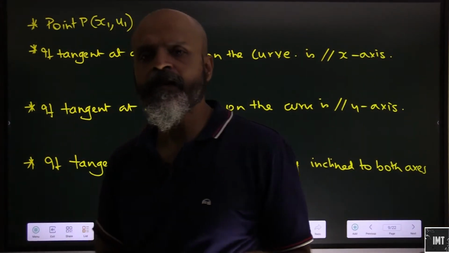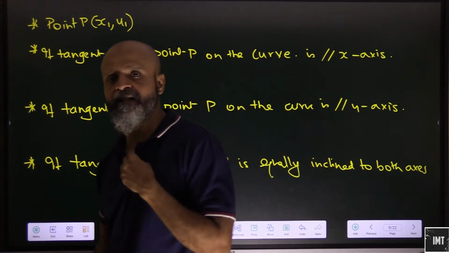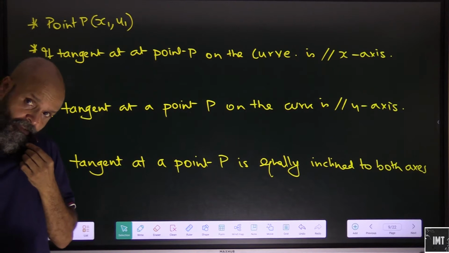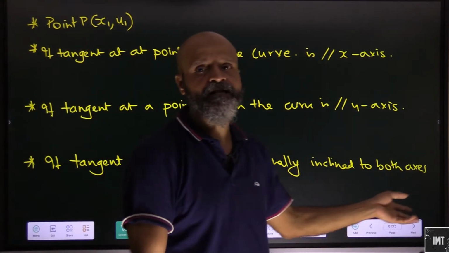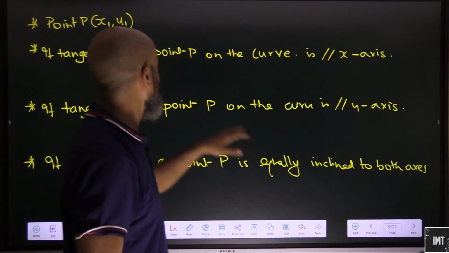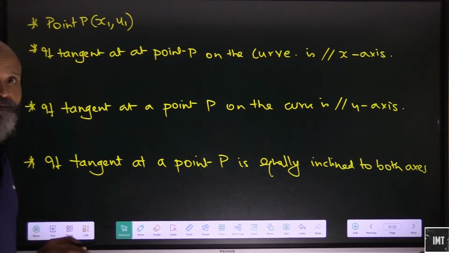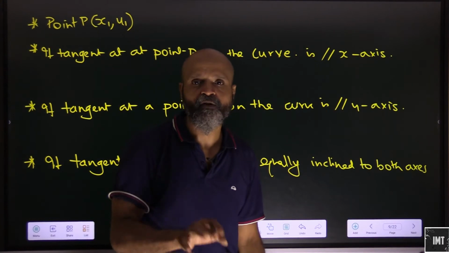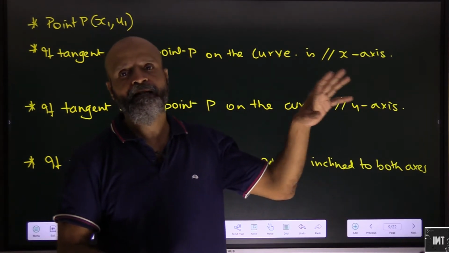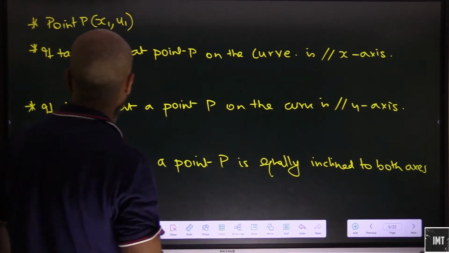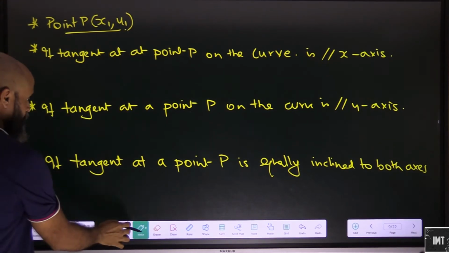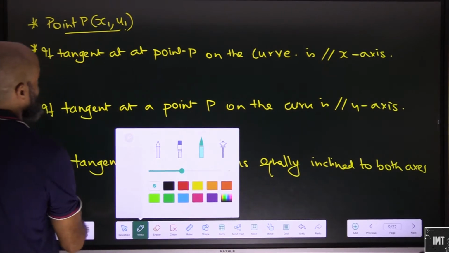So now, since we have a little idea about what basically a tangent is and how we basically figure it out, we will talk about some things which are important for tangents and normals. We need to have a clear understanding of how tangents and normals are before we apply the concept of derivatives to tangents and normals. So here we have a point P which is basically x1 y1, a point P through which there is a tangent as well as a normal.